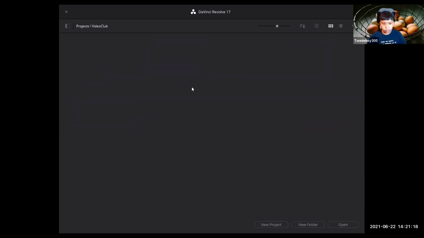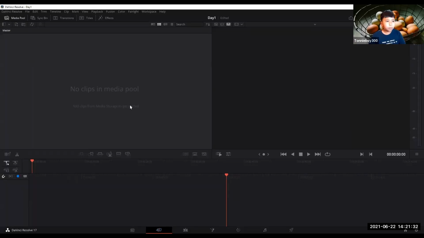Now double click on your new folder and say New Project and name it whatever you want. I'm just going to name it Day 1. This will cause this window to pop up. It might look complicated, but it isn't that complicated. So in DaVinci Resolve, the bottom area are different tabs where you can edit